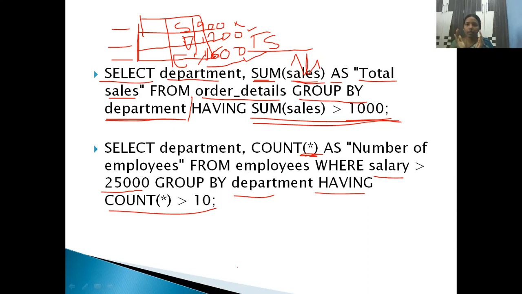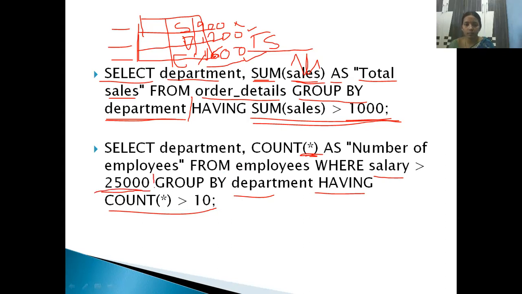I'm taking a table, right? In that table, I'm showing the department as well as the number of employees. From the employees table, right, where employee salary is greater than 25,000.